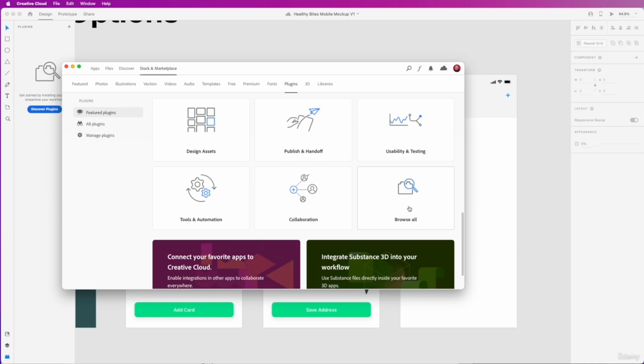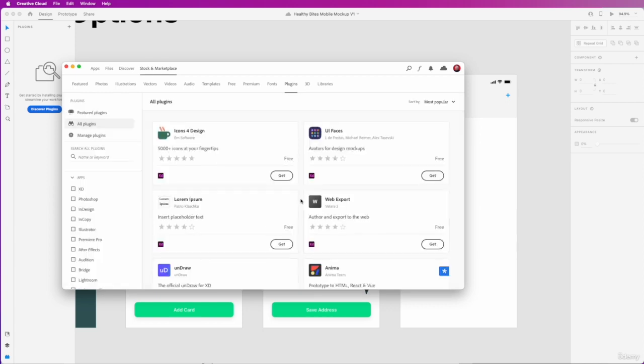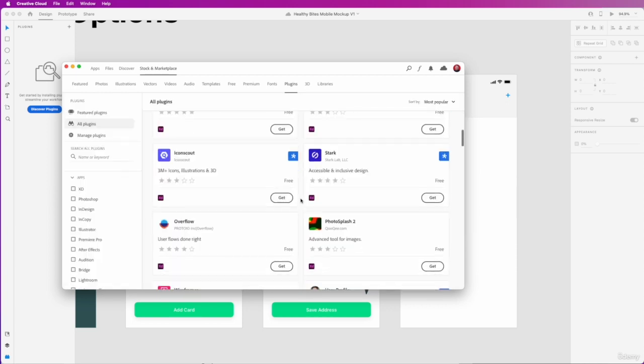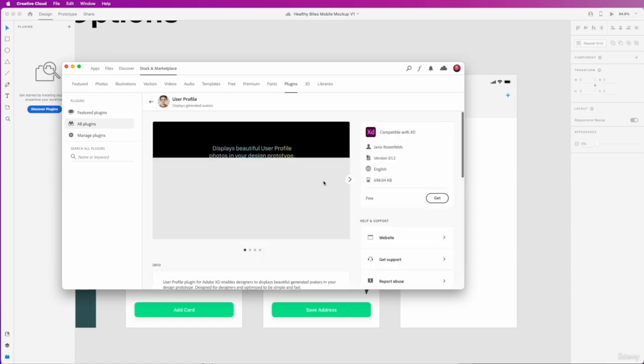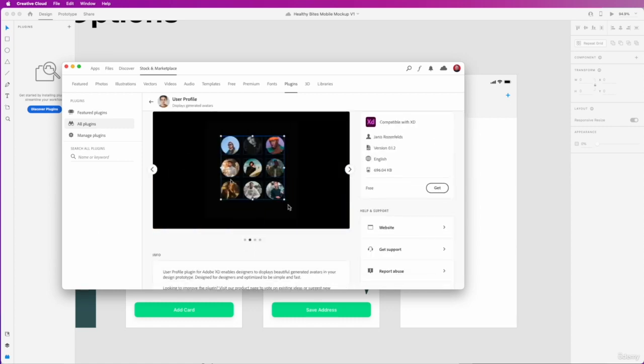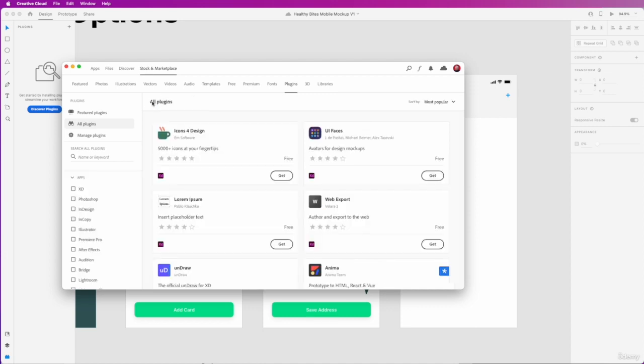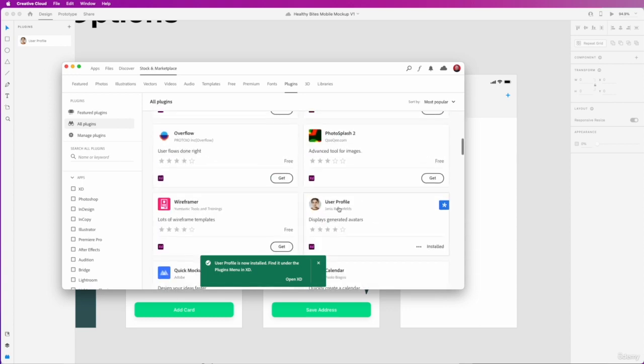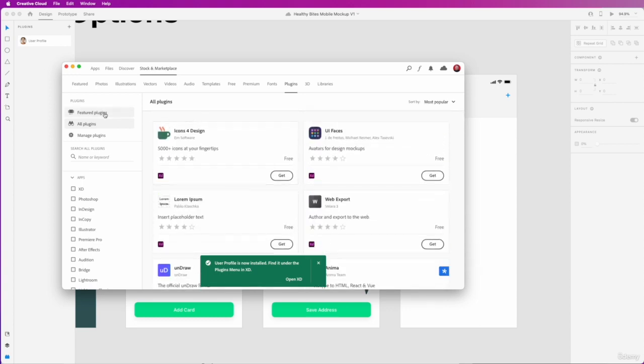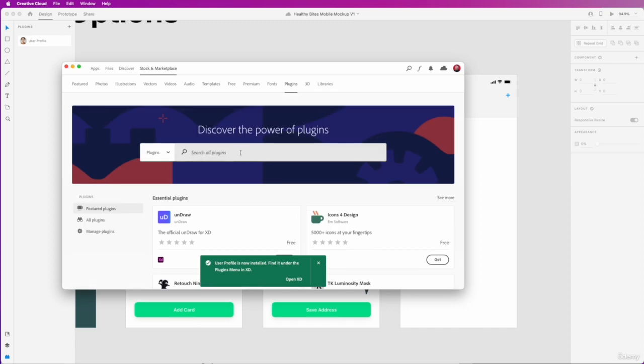You can go ahead and browse all the plugins available from here and really go through it and see what each one can do. For example, this one here, you can use it to generate avatars for your profile icons. And you can go ahead and get plugins by clicking get over here once you open it up, like so. And once you've installed it, XD might ask you for your password, so go ahead and input that and it will go ahead and start installing that plugin. So you can access that plugin by searching user profile up here under featured plugins and then in the search bar. We want to install that one so we can use it in our profile page,